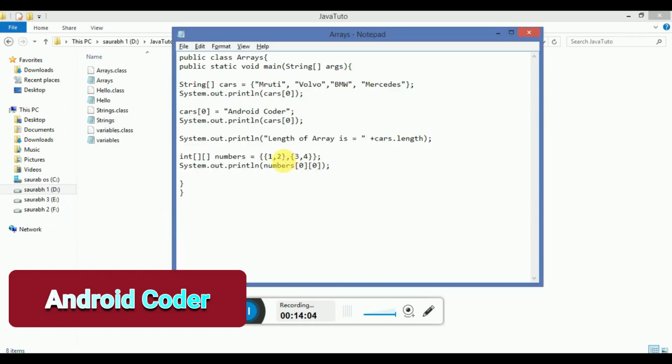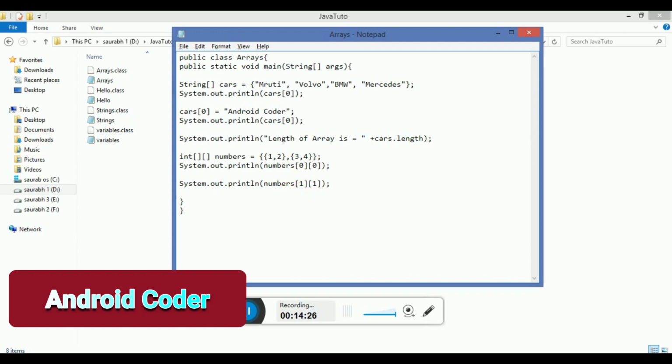Now let's suppose we want to access the element of the first array at the first position. Then for the print, just copy this and paste it here, with the first array and the element at the first position.